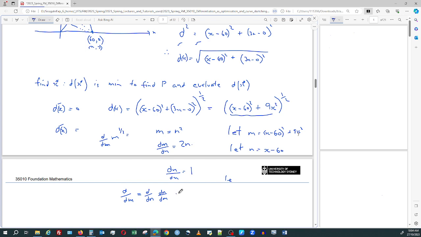And we'll get 1 times 2n, which is 1 times 2x minus 60. This thing here becomes a half, m to the minus a half. So our final part then is